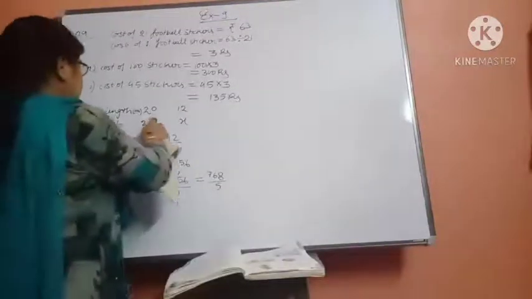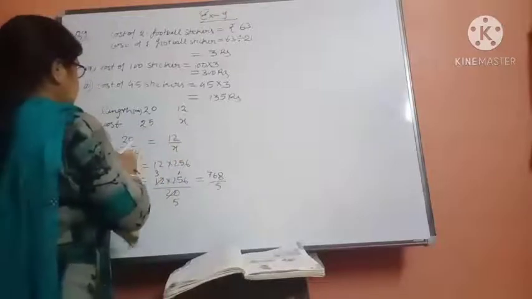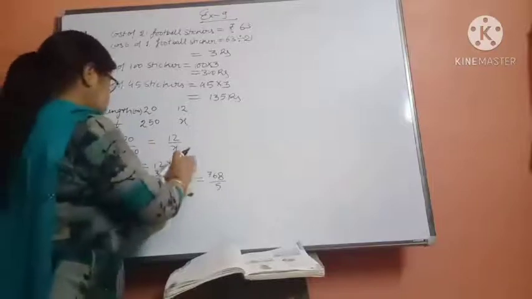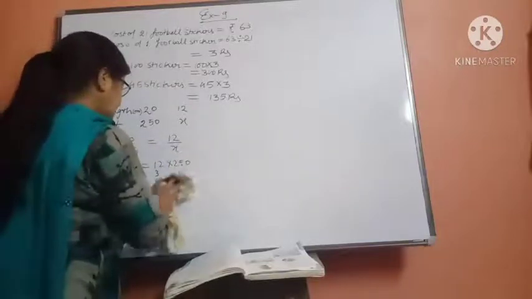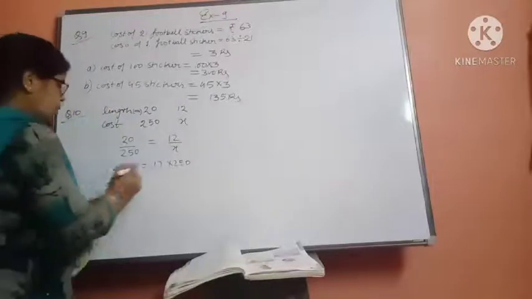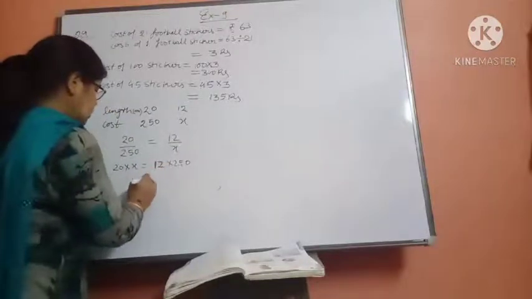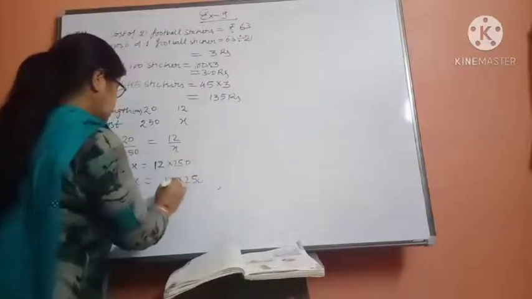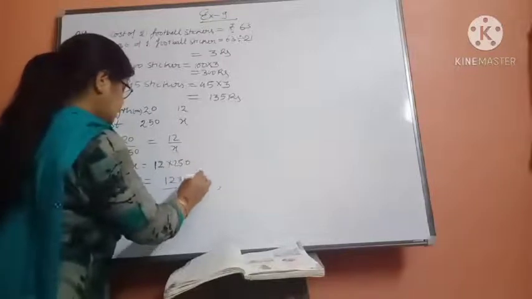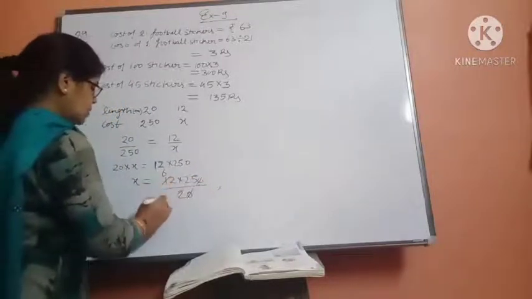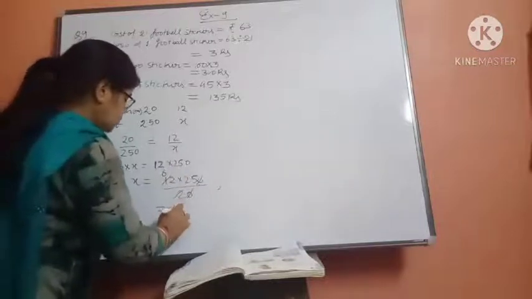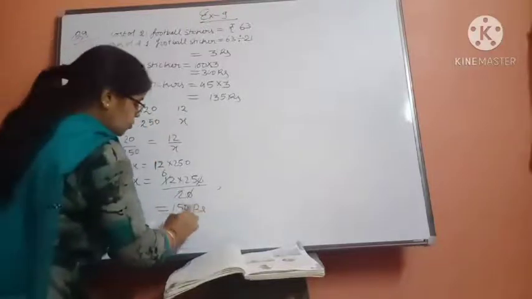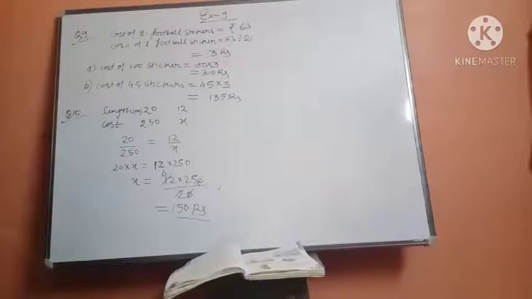Beta, by mistake I have written 256 here. Actually it is given 250. So nothing, we are going to make a little correction in our calculation. That's why it was not coming. See how we will do now. x is equal to 12 into 250, I had written 256, divided by 20. So make it cancel here. 2 sixes are 12, 25 sixes are 150. So the cost of 12 meters of rope will be how much? 150 rupees. So this will be your answer.